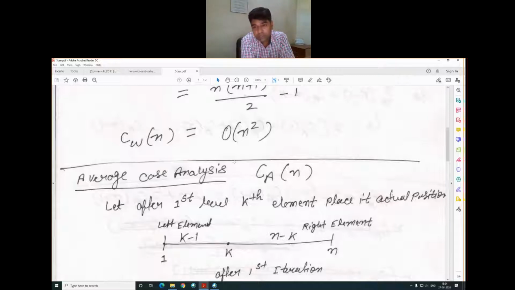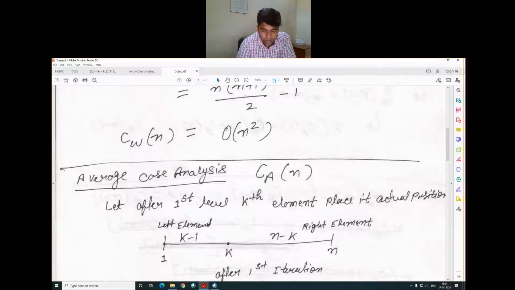Again, in further classes, we will discuss some new algorithms, and you have to know how we can map our algorithm in the form of a mathematical equation. So let's start the average case analysis, mapping this average analysis of the Quicksort algorithm.